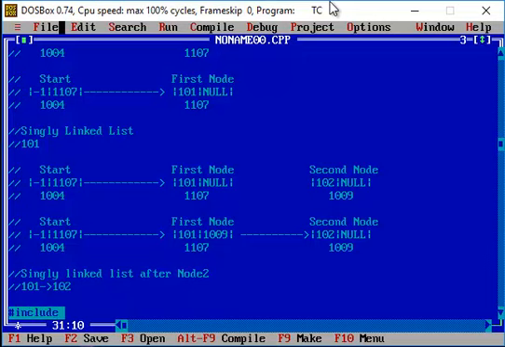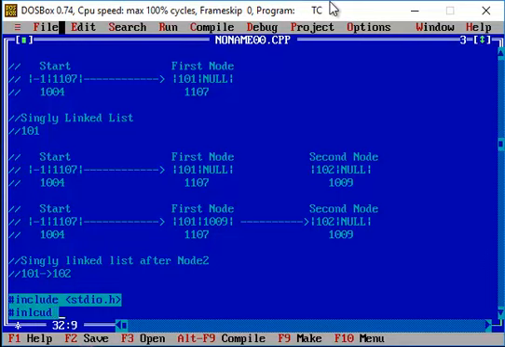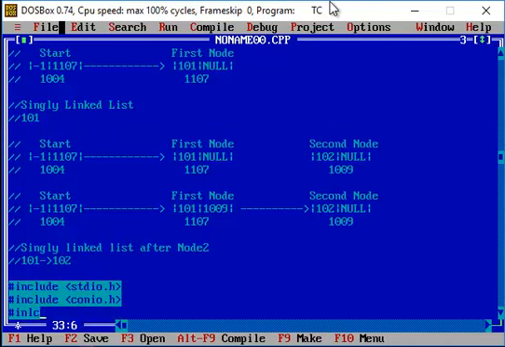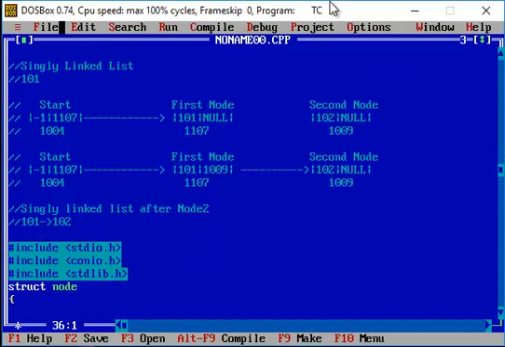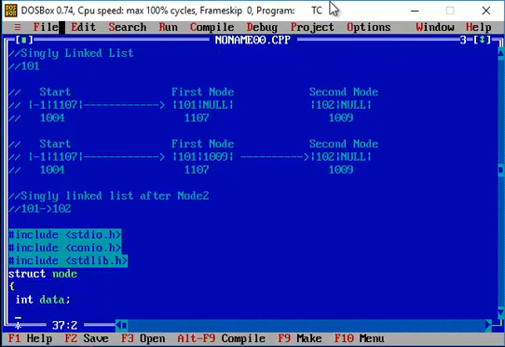First I include my preprocessor directives: include stdio.h, conio.h, stdlib.h. I create the node as a structured data type, and every node, as I told you, will have data and an address of the next node.